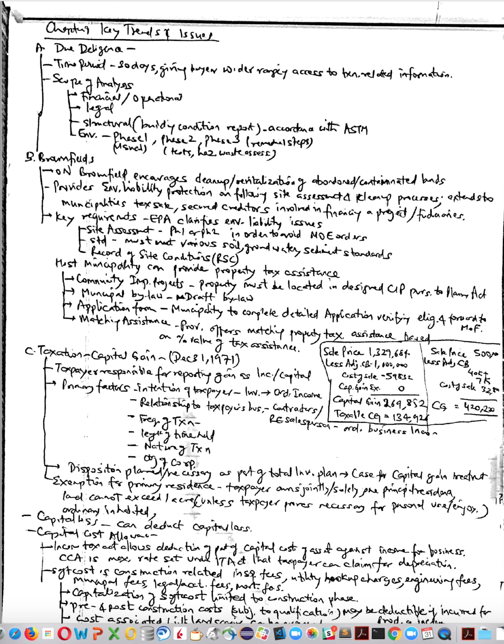recaptured capital cost allowance, the process and the scope of analysis involved in site selection, and outline the role of economic development offices in attracting new investments and expansion of existing businesses. Outline three options available when business insolvency occurs, including proposal, receivership, and bankruptcy. Highlight key steps involved in municipal tax sales for tax arrears, including tax arrears certificate, the cancellation price, public sales